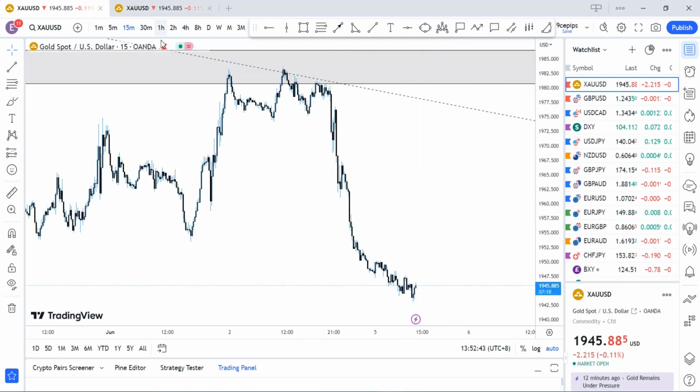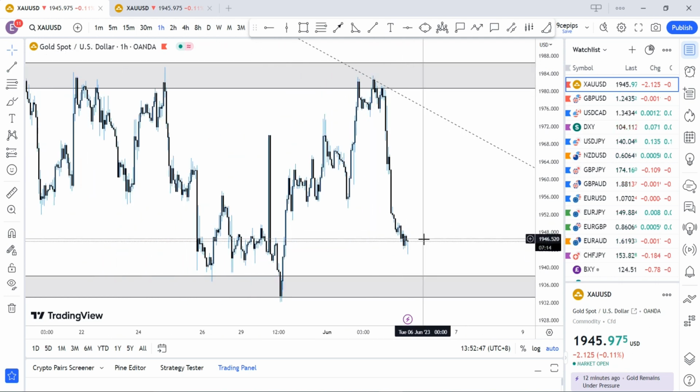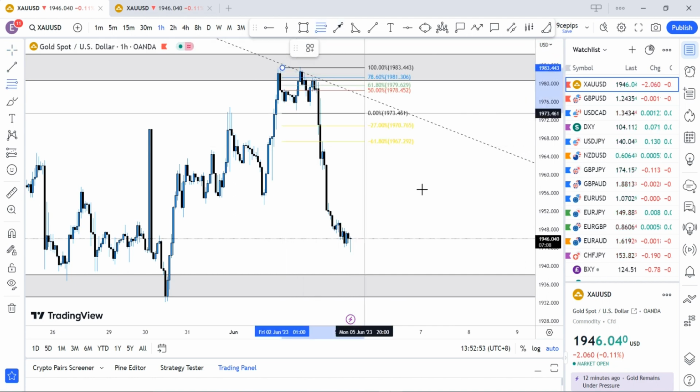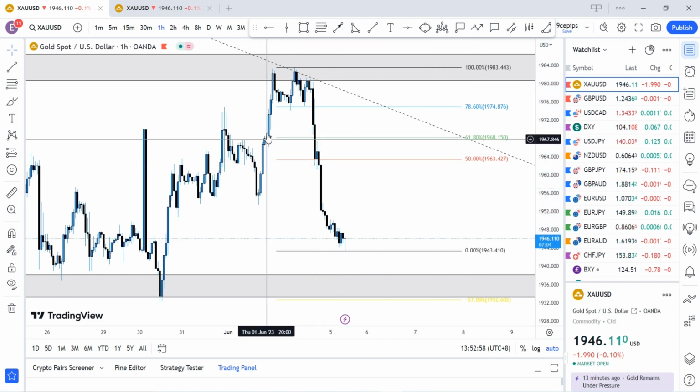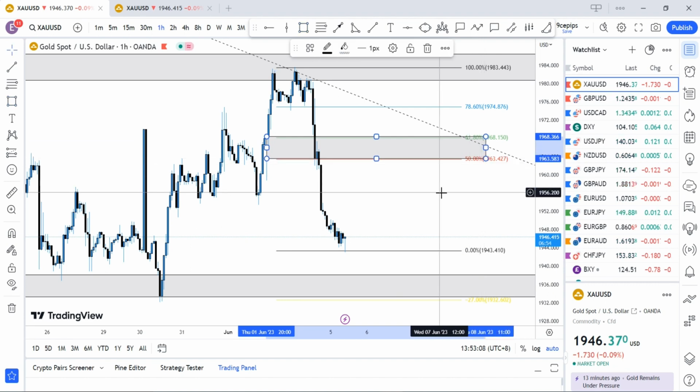It's currently looking like a rejection here. Let's move over to the 1 hour time frame. Looking like a rejection here, so I'm possibly looking out for price to pull back to probably 50% or 61.8 retracement level around this region here. So we could just get maybe a pullback from that region and continue to the downside, anticipating price to come into this region here and give us a push to the downside.